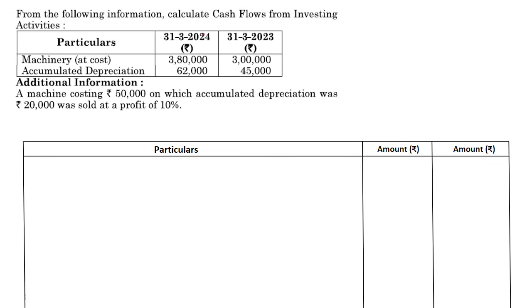Following information, calculate cash flow from investing activities. We've been given machinery at cost and accumulated depreciation. We've also been told that a machine costing 50,000, having accumulated depreciation of 20,000, was sold at a profit of 10%. Right now, before we can go about making entries into the table, what we are calculating is cash